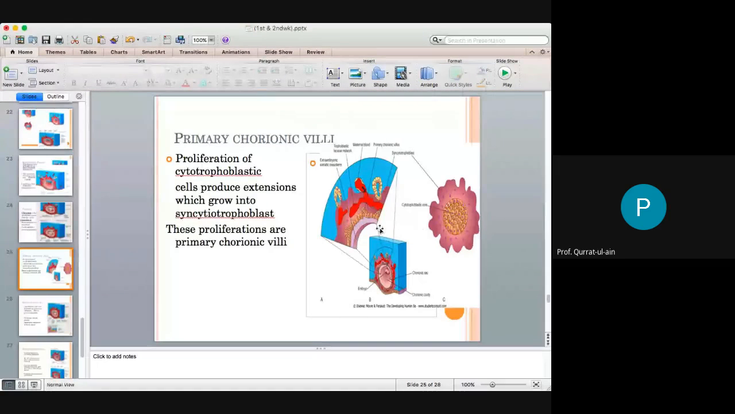This is the magnified portion of the cytotrophoblast and syncytial trophoblast. The cytotrophoblast is showing you this proliferation or the growth. This is known as the primary villus or